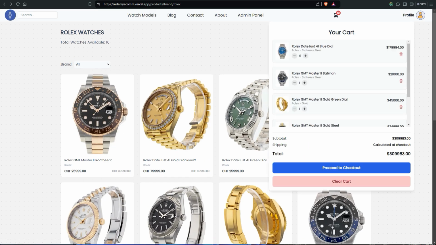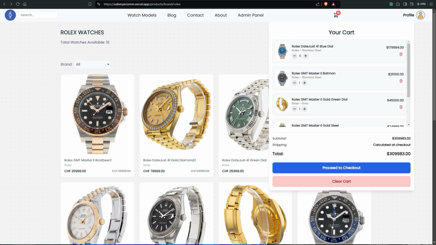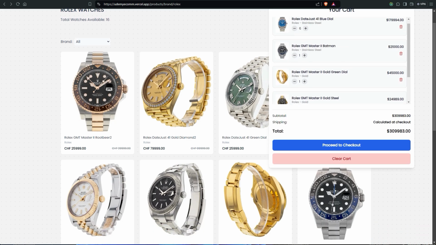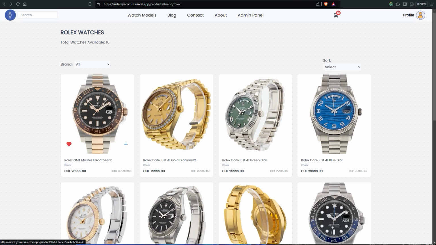It looks amazing. It has animation. Everything in the site has animations, and it's absolutely looking stunning. So this is it. Here you can clear the cart or go to checkout. Now let's check out the product